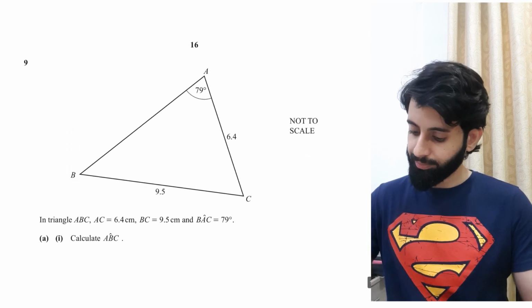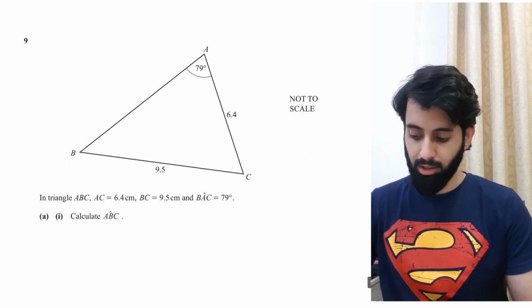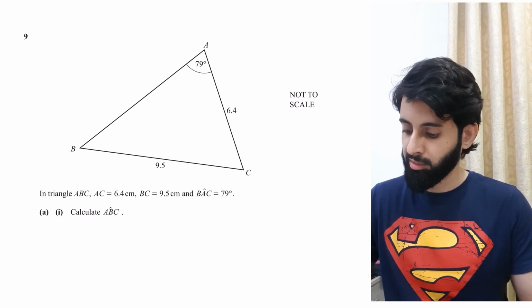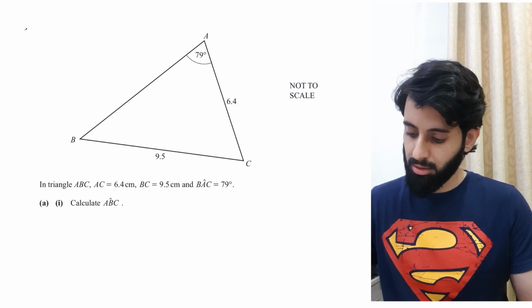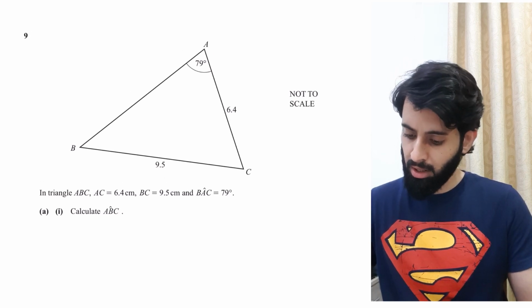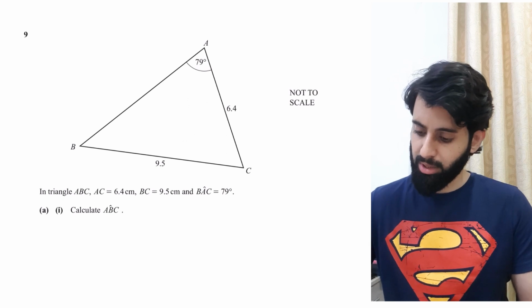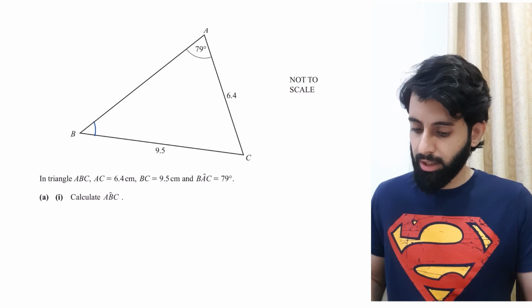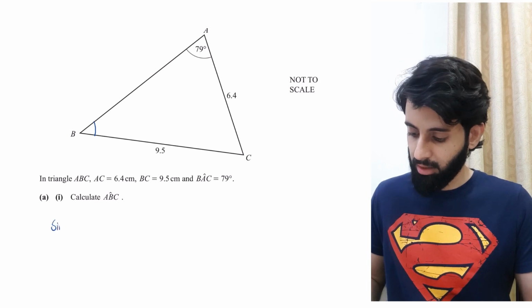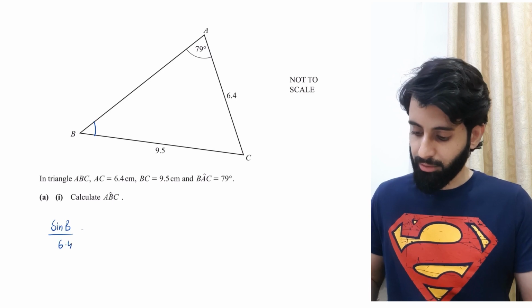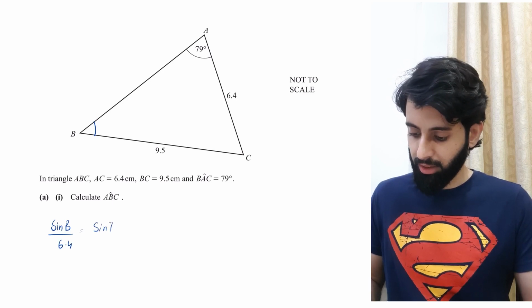Question number 9, trigonometry, further trigonometry, guaranteed it's going to come in paper 2 for sure. In triangle ABC, AC is equal to 6.4, BC is equal to 9.5, angle BAC is equal to 79 degrees. What do we have to work out? We have to work out angle ABC. So we have two sides and a non-included angle. Sine rule, simple. So sine B, or ABC, over 6.4 equals sine 79 over